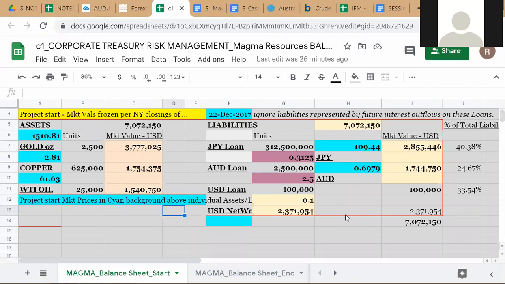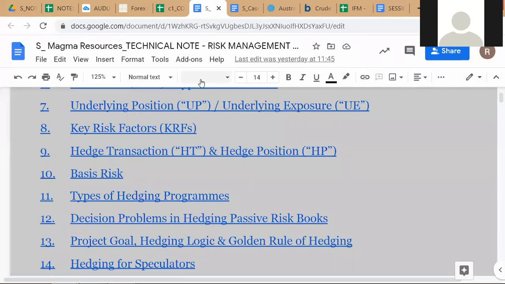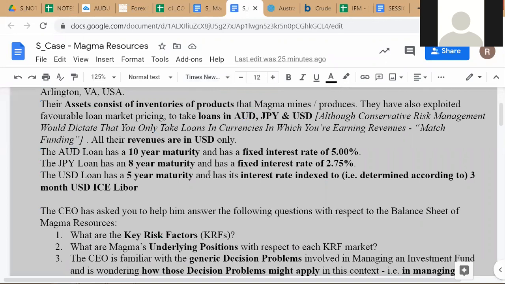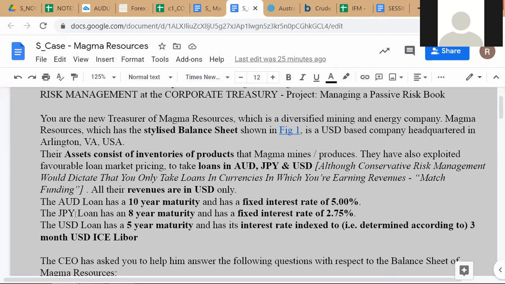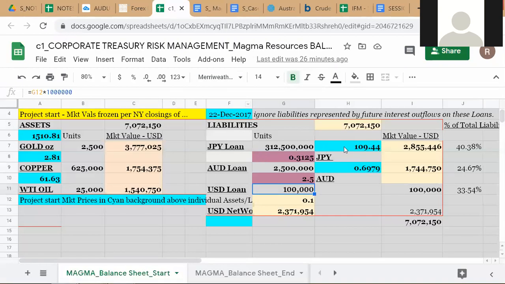She mentioned a key risk factor as the 3-month US dollar LIBOR, because she highlighted the fact that we have this information in the case. What is the information in the case? You have the Aussie loan and the yen loan, because of which we have some exposure to the Australian dollar yen exchange rate and the Aussie dollar US dollar exchange rate. And then something else which Srishti pointed out, which is the US dollar loan is at,